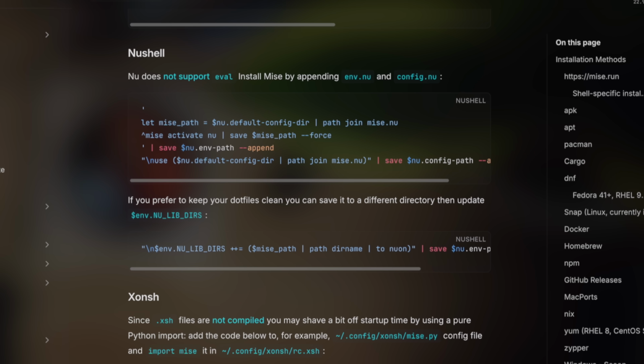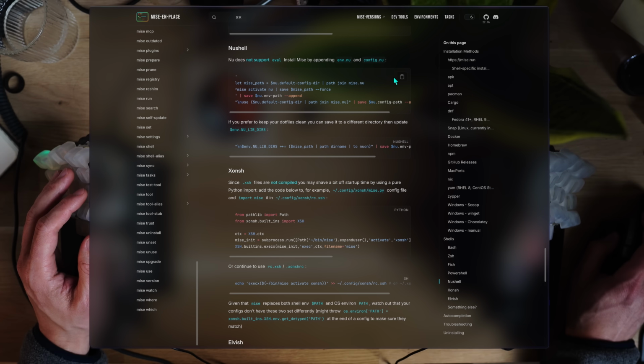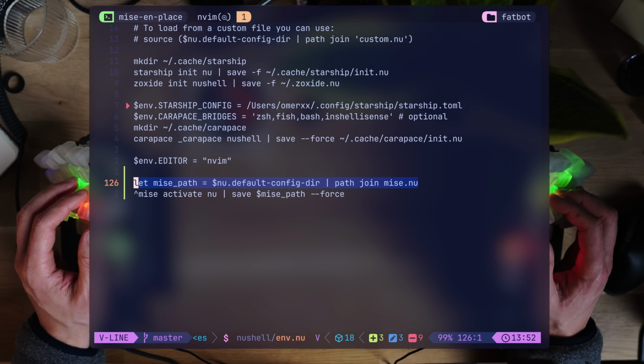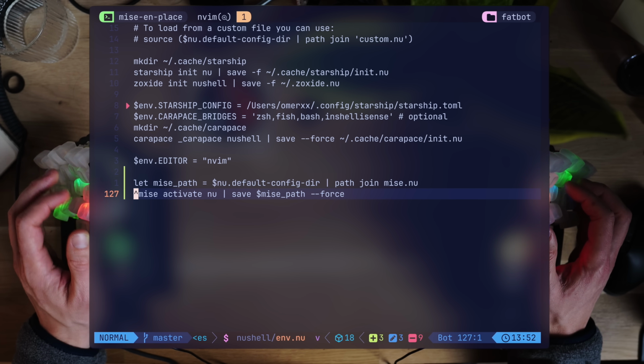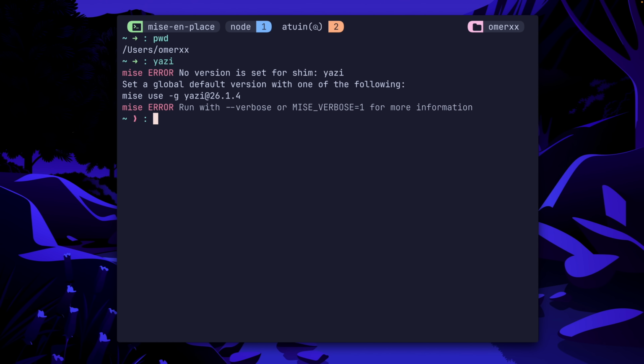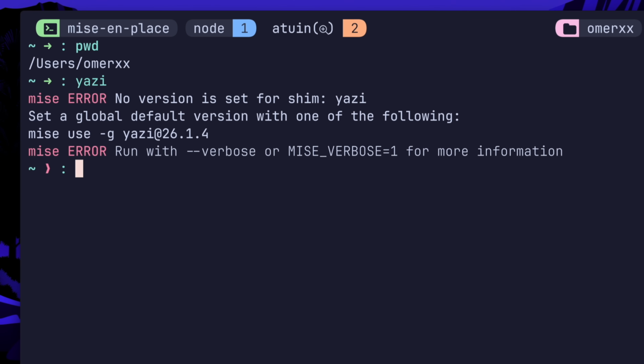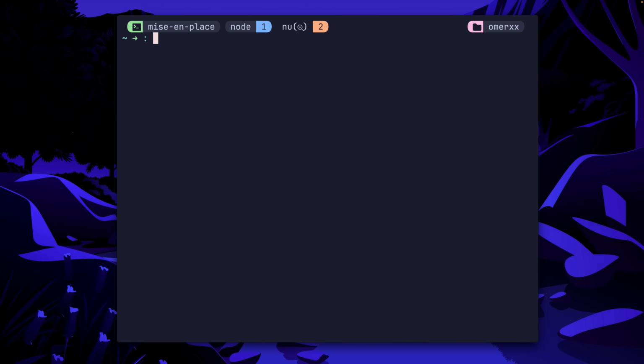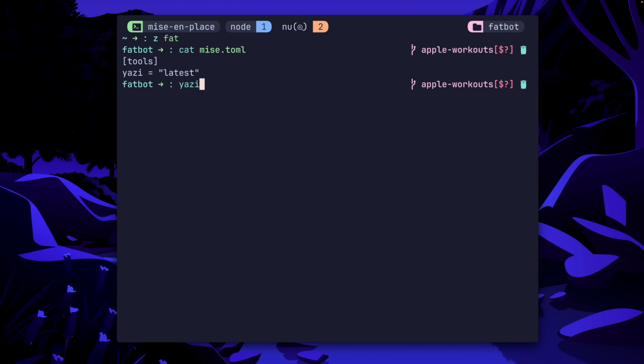Since nushell doesn't support the concept of eval, this makes things trickier, but mise got you covered. You can add these to your config. After a bunch of playing around, I settled on this line, which you'll find in my dotfiles repo if that's of interest. Once that's in place, we get a world of new options. To start, the error message when looking for a non-existing tool is a bit different, but before we dive into that, let's go back to my repo where yazi is part of mise.toml,